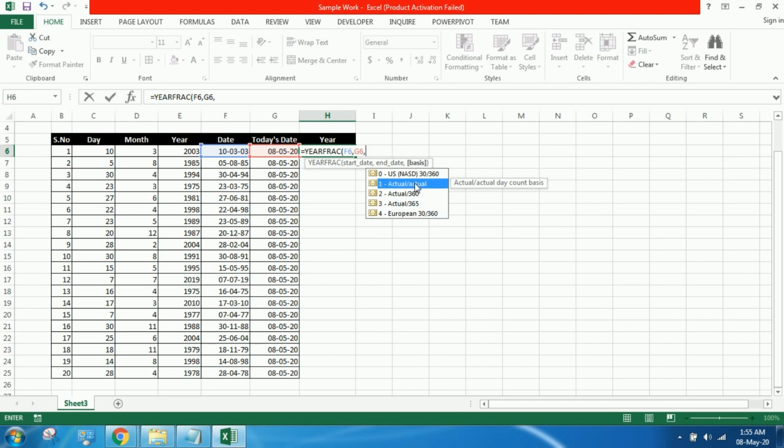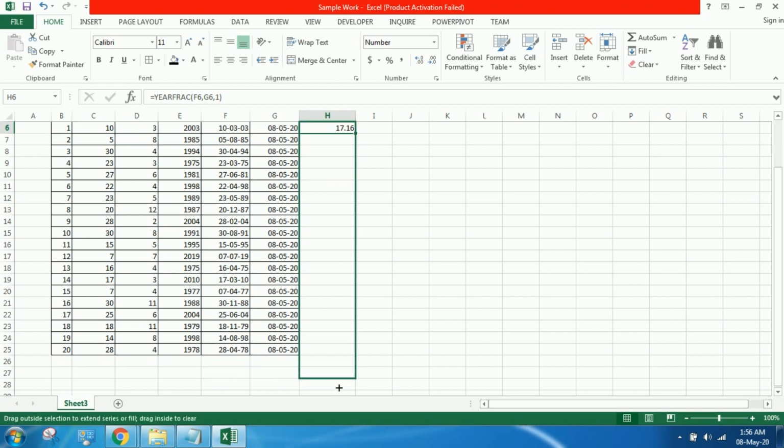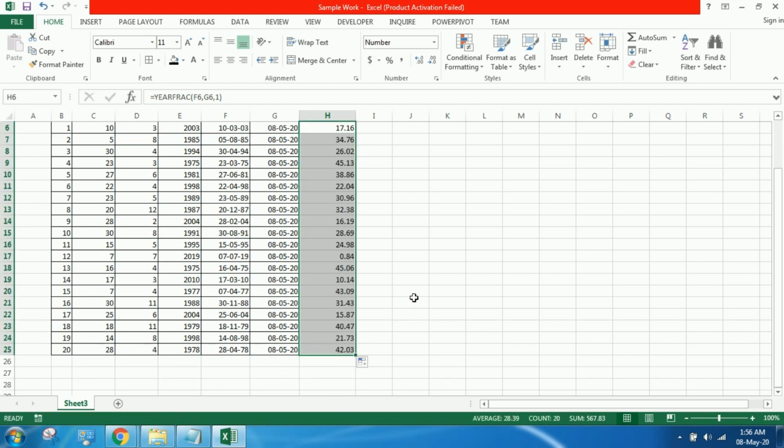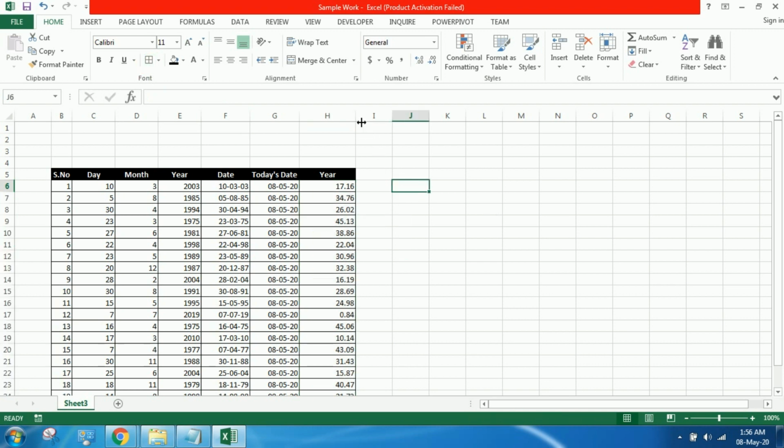It gives 17.16. Let's decrease it to 2 decimal places. When we drag it till the end, we see that we got the years. So from 2003 to 2020 we get 17 something. In this way we can get how old we are.